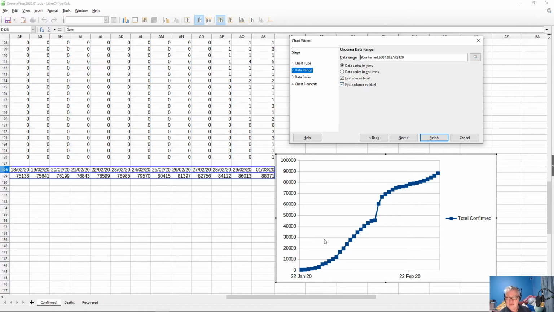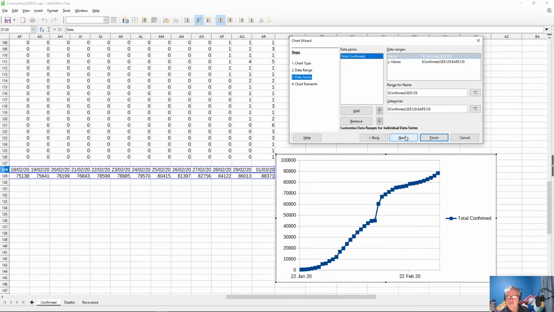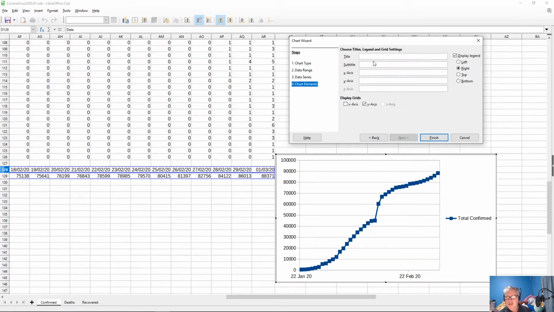Now, why isn't the first column showing up as a label? I won't worry about that. We'll just go to the next one. Okay, so we've got total confirmed as the key, data series. Let's jump to the chart elements. So we want title, and we'll just say global infections